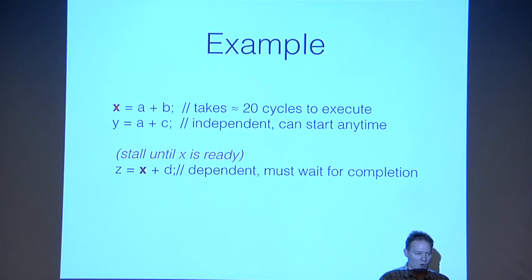But the computation of y can start immediately. So when we're scheduling these 2 instructions, we can basically say do this x equals a plus b, and then do this y equals a plus c. And then when you're ready, then we can schedule this next instruction. But those two can be launched simultaneously, and really in any order. And so that's the instruction level parallelism that he relies on. All right, that's it.